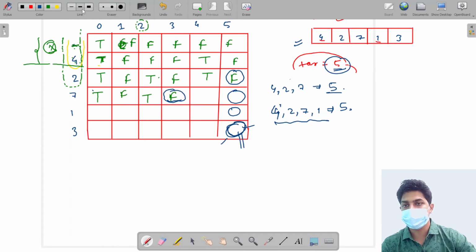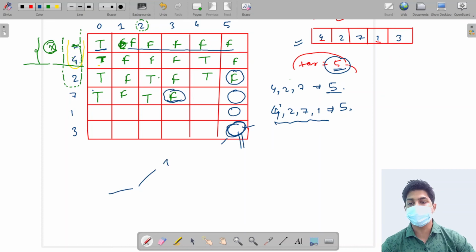What we are seeing in some cases over here is that if we look at the first row, it is all false except this particular element. Okay, since with empty we cannot make any positive value. Always, whatever may be the value, with empty we cannot make any positive value. Empty can make value always equal to 0 only. So in the first row, only this particular cell will always be true, and the rest of the cells will be false.